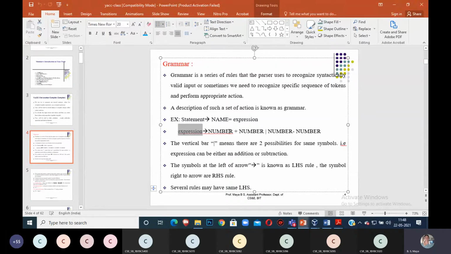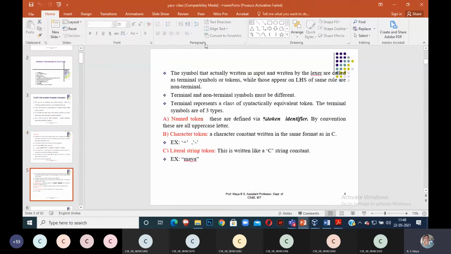So in this grammar I am using terminal symbols in capital letters. NAME is one token and NUMBER is another token. I am using two tokens, name and number. For these two tokens, you have to take information from the lexical analyzer. What is number? What is name? How to write a regular expression for the name? How to write a regular expression for the number? For that, you have to go into detail in the lexical analyzer. Don't worry now.